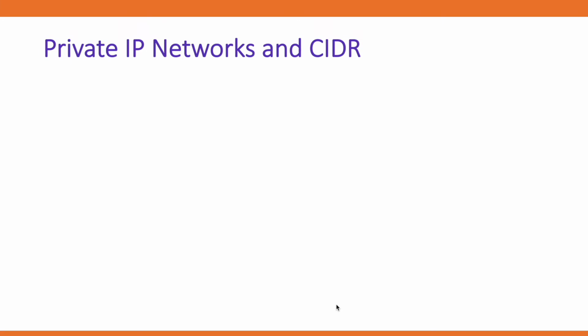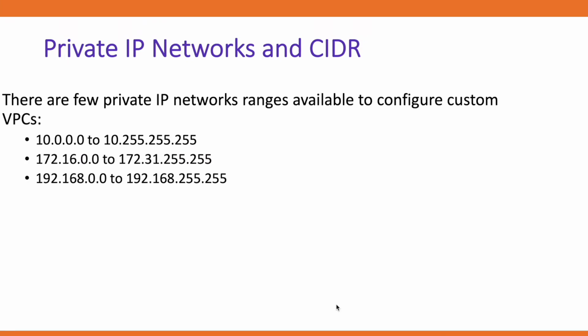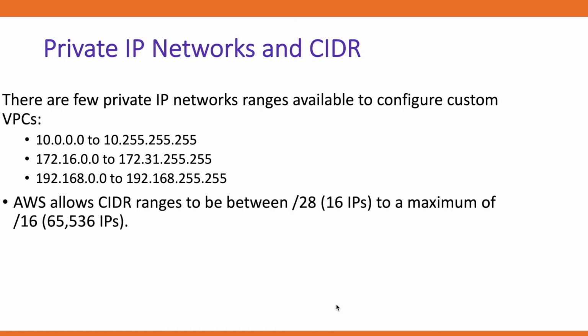Now let's talk about private IP networks and CIDR. CIDR is classless inter-domain routing. There are a few IP network ranges available to configure custom VPCs from 10.0.0.0 to 10.255.255.255, from 172.16.0.0 to 172.31.255.255, from 192.168.0.0 to 192.168.255.255. AWS allows CIDR ranges to be between /28, that is 16 IPs, to a maximum of /16, that is